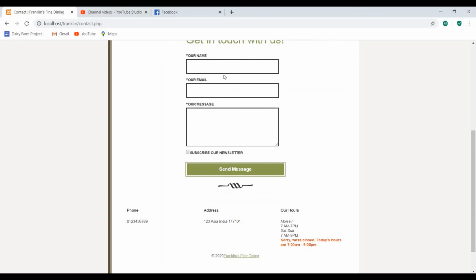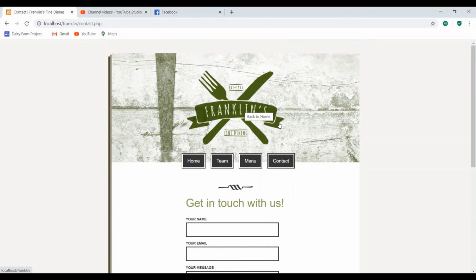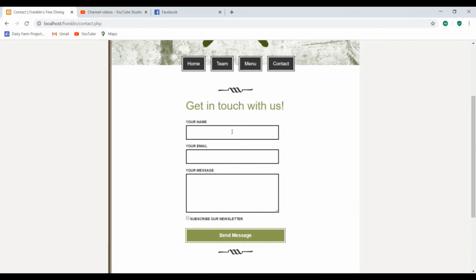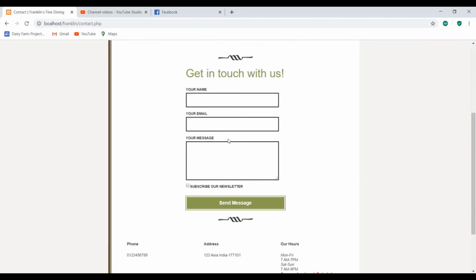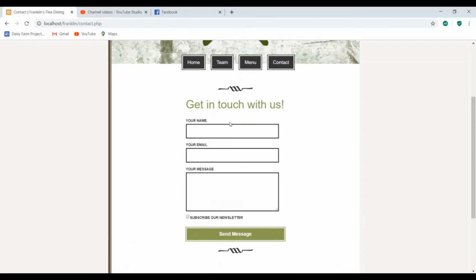If all the values are entered there properly, then if we click on the send message button, an email should be sent to the email address of Franklin's restaurant. So that we have to do in the next video. That is the PHP part. That part we have done, the static part till now.